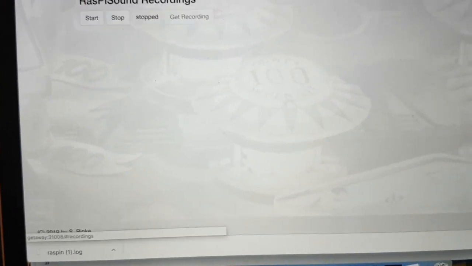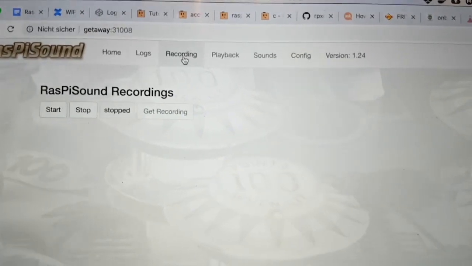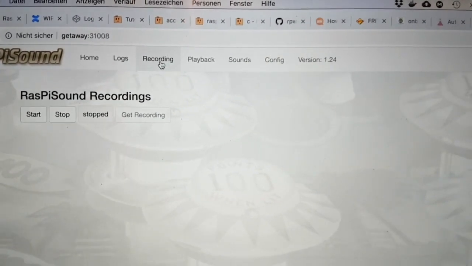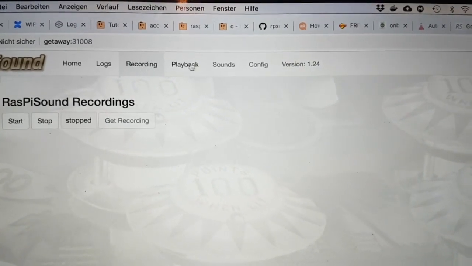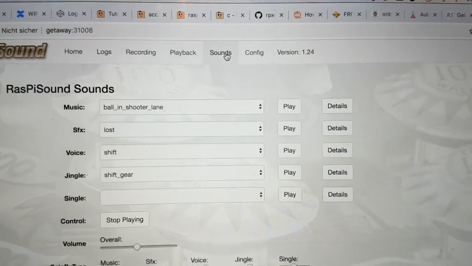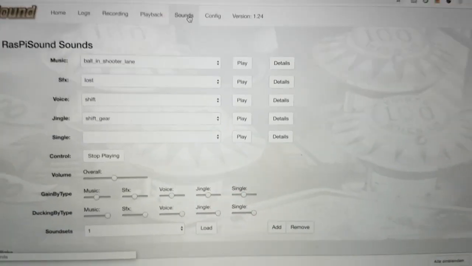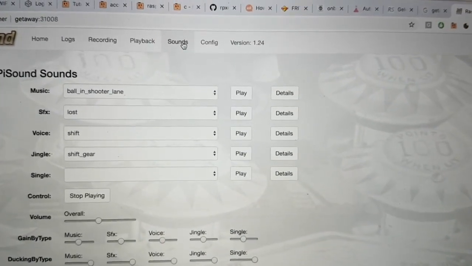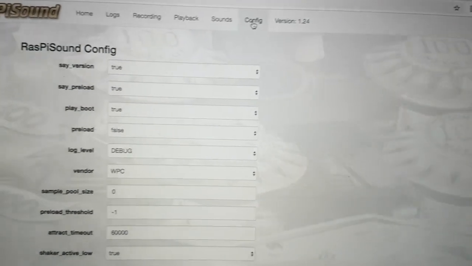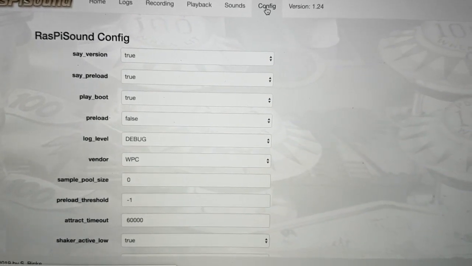There is a possibility to record a session, so when you play a game you can remote control the recording, starting and stopping it. You can later on play back a session. You can play around and configure all the sound effects installed on the RasPiSound, and you can also change the global configuration, like,